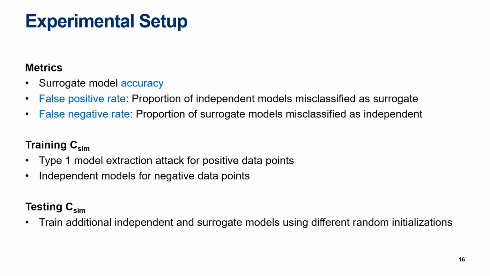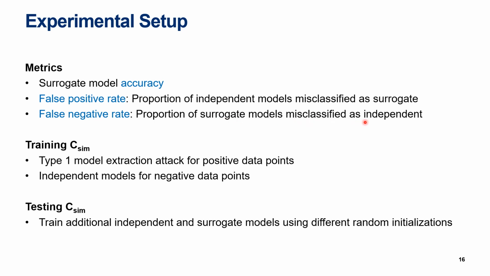In terms of testing this entire scheme, we have the following experimental setup. The metrics that we use is firstly the surrogate model accuracy. It should be on par with the target model to ensure that the surrogate model is a true surrogate model. The second thing we check is the false positive rate, which is the proportion of independent models which were misclassified as surrogate models. The third thing is the false negative rate, which is the proportion of surrogate models which were